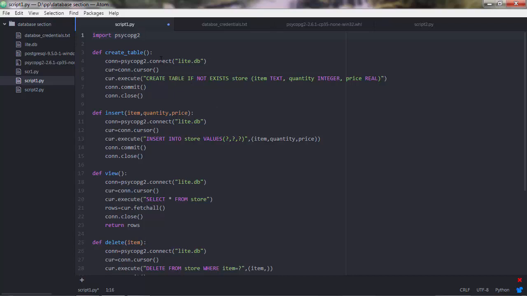Luckily this code is the same as the SQLite 3 library, so we have connect, and then we have the cursor object, then we have the execute method, commit and close. All we have to do is change the parameters here. And here we would want to pass the database name, the username, the host, the password and the port number of your database server. And all that comes inside quotes, so it is passed as a string to the connect